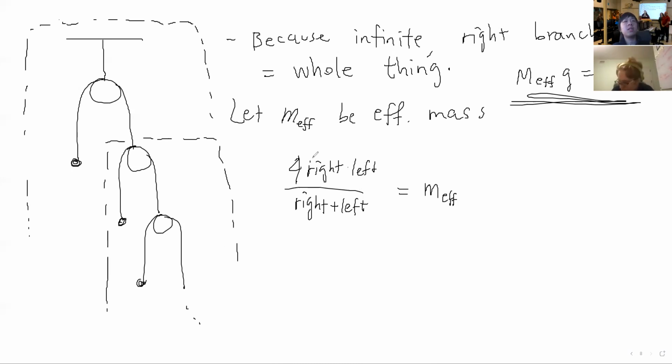But then the right side is equal to the effective mass. And then the left side is just equal to small m, right? So we have 4 times mass effective times m over